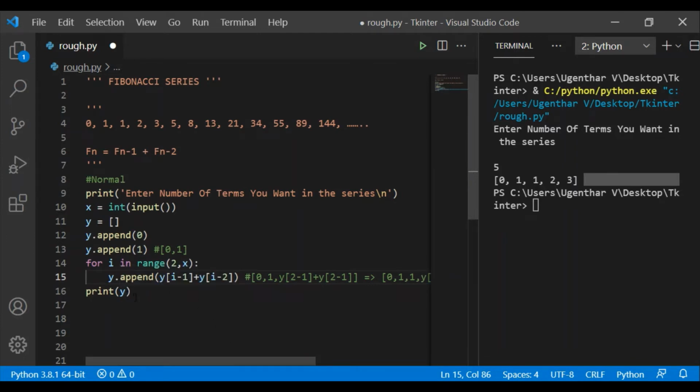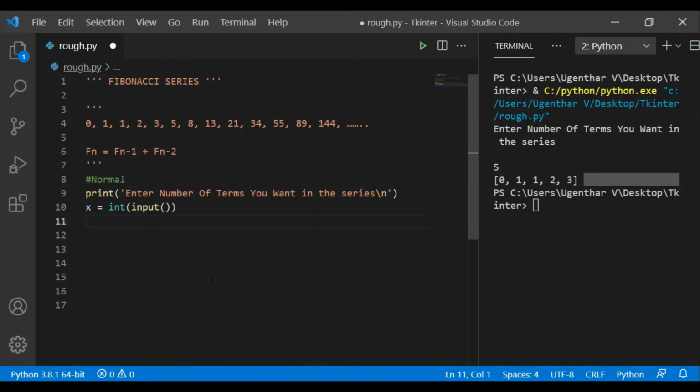Now let me do it in the recursion way, using recursion. Mostly in interviews and in coding competitions, they will be asking to do the code in recursion way because it will be more reliable and have less time complexity. Mostly in technical interviews, they will ask only in recursion to do this code. Okay, so be prepared and know how it works too.